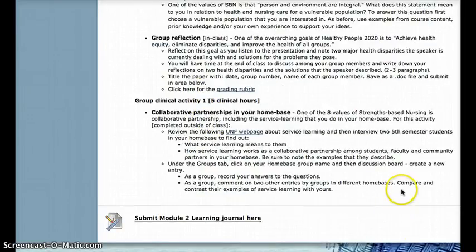The group reflection then, for this particular one, is about the overarching goals of Healthy People 2020. And you'll either have a presentation from me or a guest speaker. And while you're listening to that, there are things that you need to listen for, such as 2 major health disparities that people are talking about. And then after the presentation is over, in class your group will get together and discuss